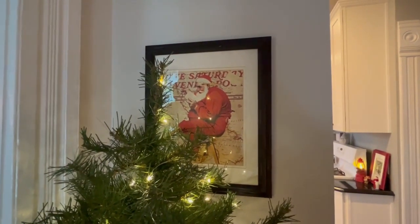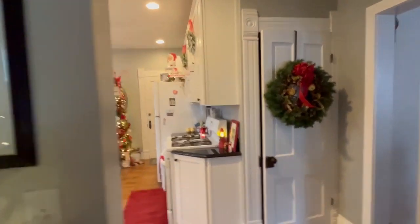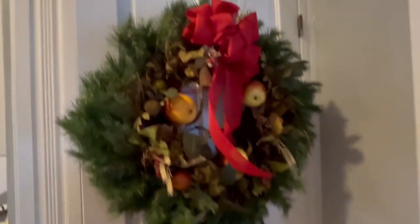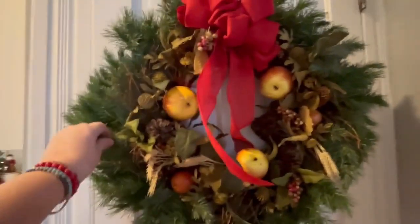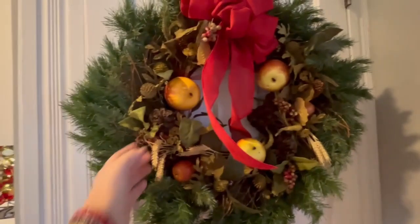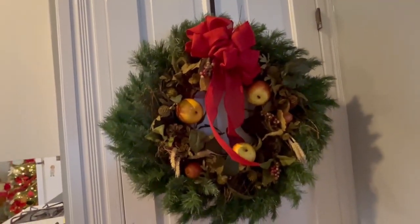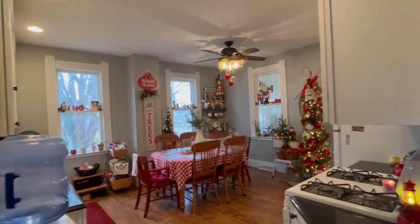So that's really fun. Okay, I think I'm going to go ahead into the kitchen because the bathroom is so different. Let's do, you know what, let's do all the red rooms first. Okay, this is just a wreath. Again, this was a greenery wreath, a nice greenery wreath from Goodwill. But then this one was actually another wreath, and I just stuck it inside of there, and then I just made a bow, and it doesn't have lights on it, but you get the point. I'd like to turn the lights off in here, but here's the kitchen,